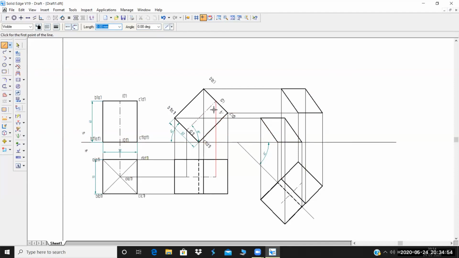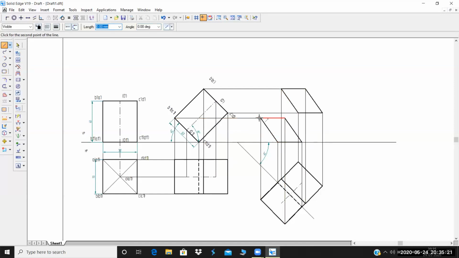Now the final step here is very, very important. Before you go for it, remember this methodology to find out dashed lines and continuous lines. Suppose this bottom face is A1, B1, C1, D1. This particular point here is A1.